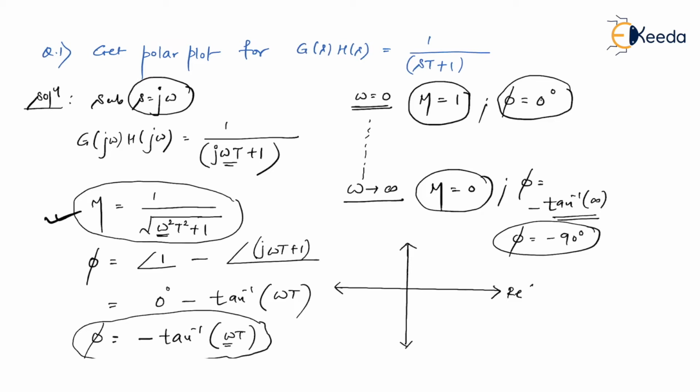We know that this is the real part of GH, this is the imaginary part of GH. Now look at the very first value, that is at omega equal to 0. What is the magnitude? Magnitude is 1. So this 1 is nothing but the length, and phase indicates on which axis or at which angle you need this magnitude. So you know that this is 0 degree, and if you want to plot magnitude 1, let me assume this length is magnitude 1. So this length is how much? It is magnitude 1. I hope you understood.